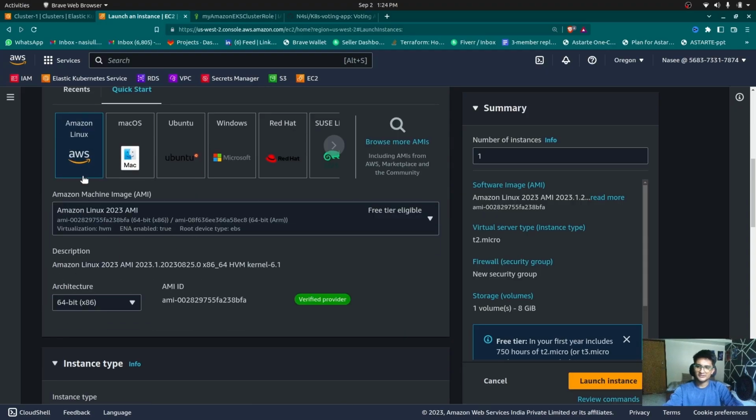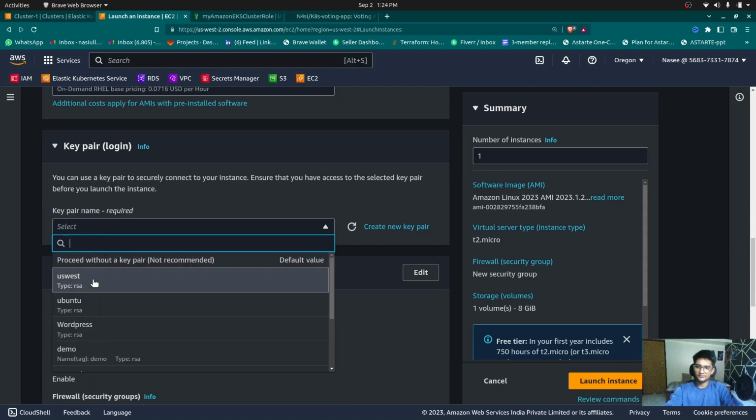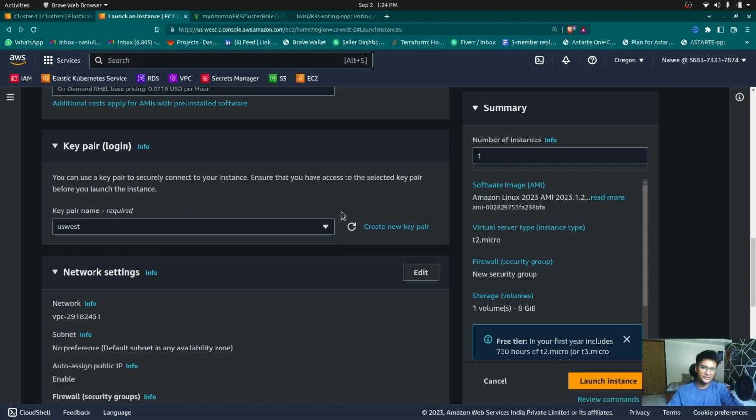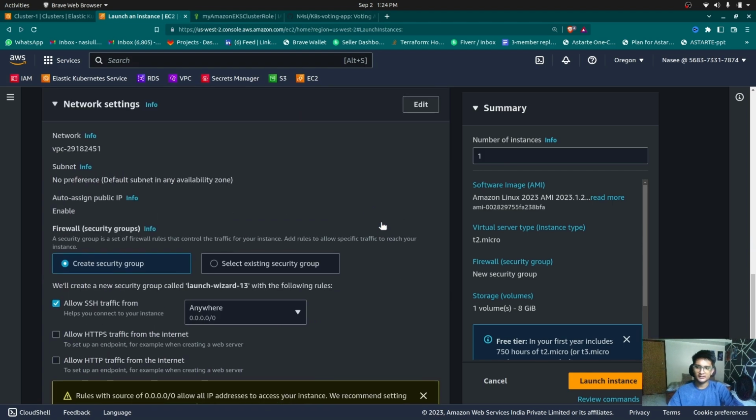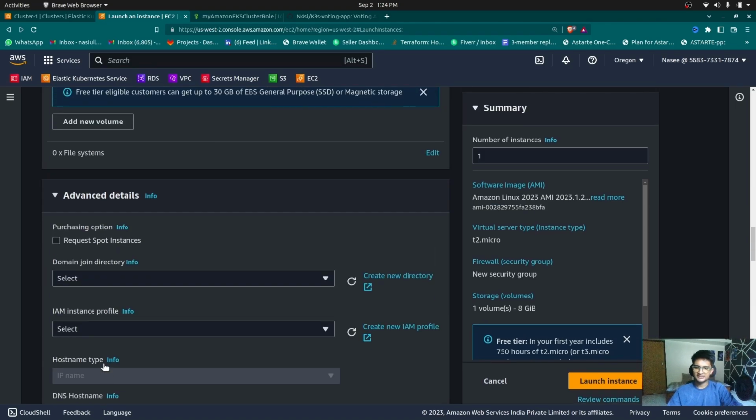I'm choosing Amazon Linux for this. Instance type is T2 micro. Key pair is going to be US West. You can choose any key pair, or you can create a new key pair if you don't have any. For security group, I'm going to allow SSH traffic only, and in advanced sections, I need to add a role